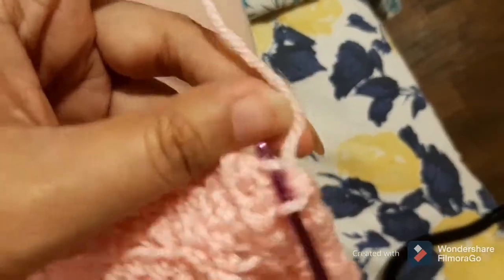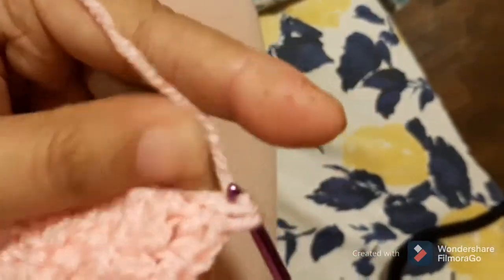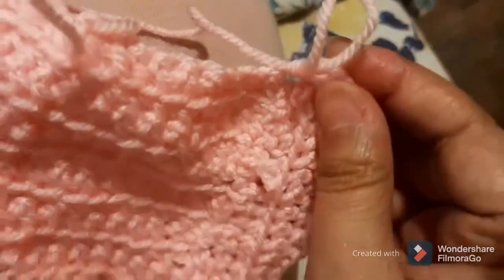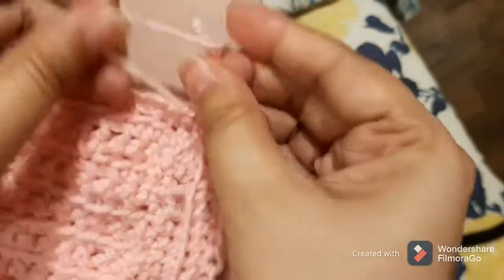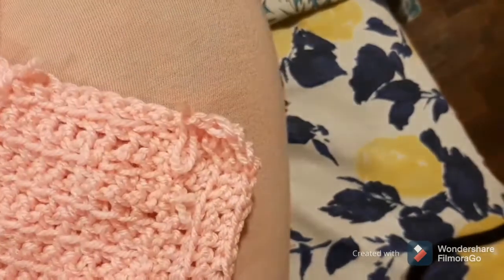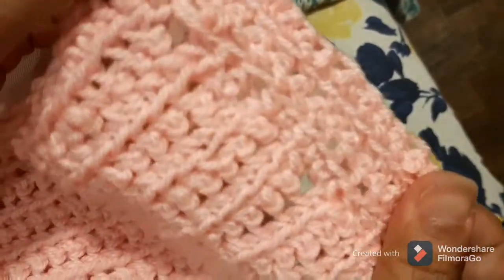I have finished the bordering. I just did 3-4 borders on both the sides, 3-4 lines of borders, as you can see, and now I'm just finishing it. Okay, now it's done. I'm just going to tie it and then cut it so that it doesn't come undone. Here it is. You can see the border that I have done, and this is the